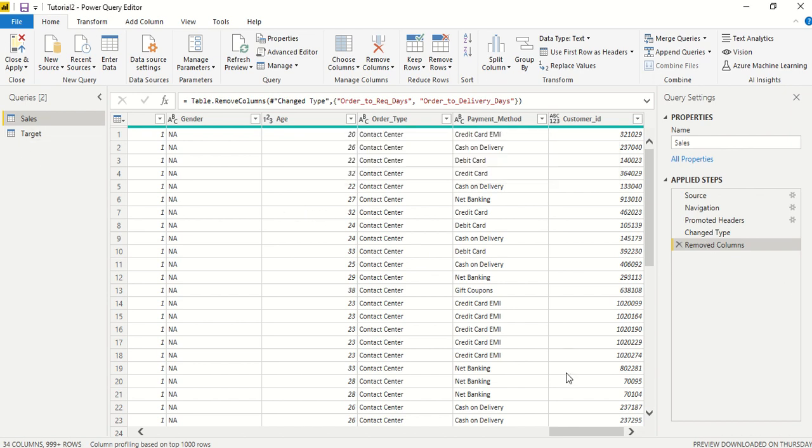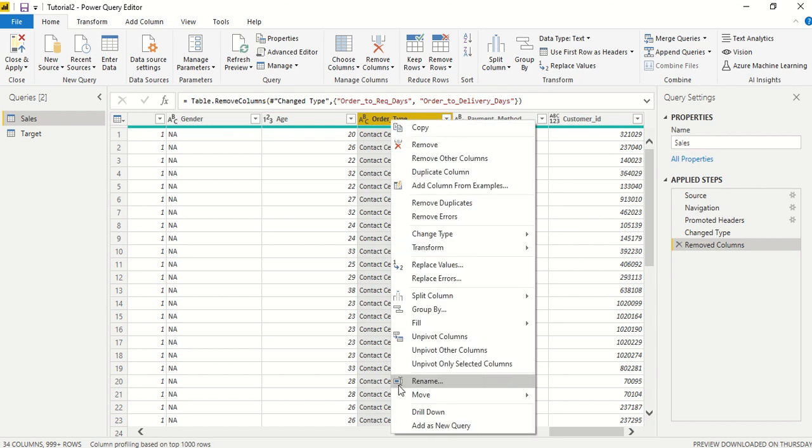Now once it is done, we scroll to the end of the table and we find payment method and order type, the two columns, and both of them we actually wanted to convert into new dimensions, and we want to populate their dimension ID. So let's see how to do that.